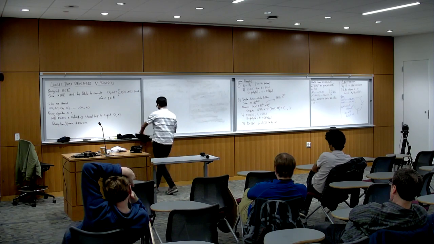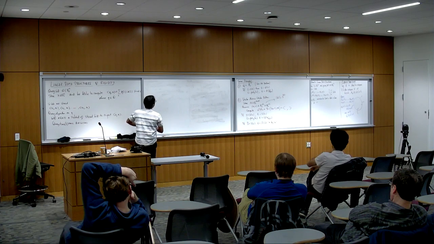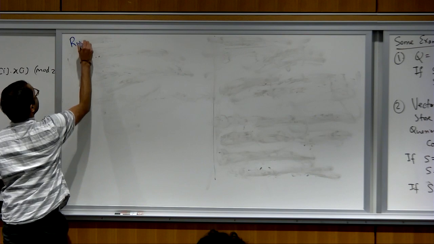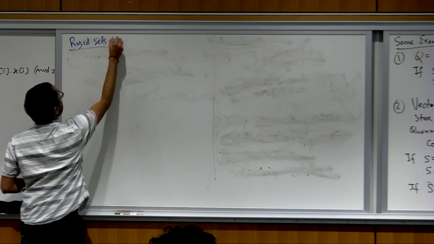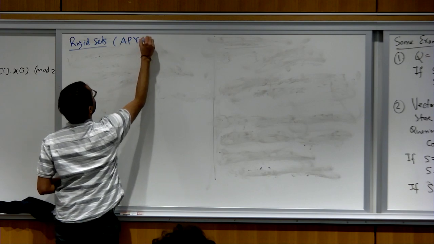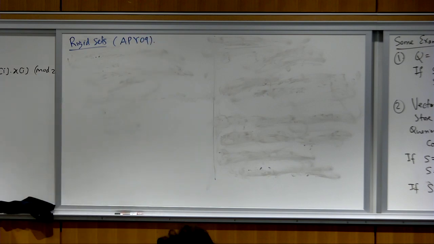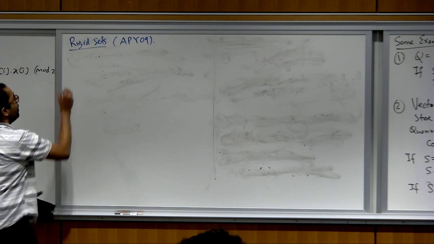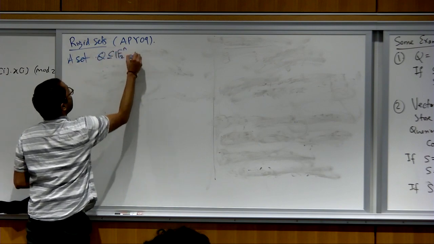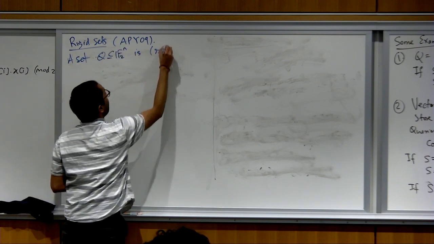So let me define rigidity now. Rigid sets. This notion is due to Alon, Panigrahy and Yekhanin from '09. So a set Q, a subset of F2 to the n, is defined to be (r, t) rigid